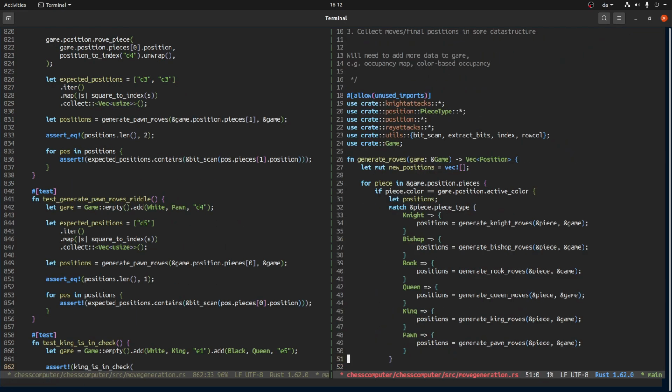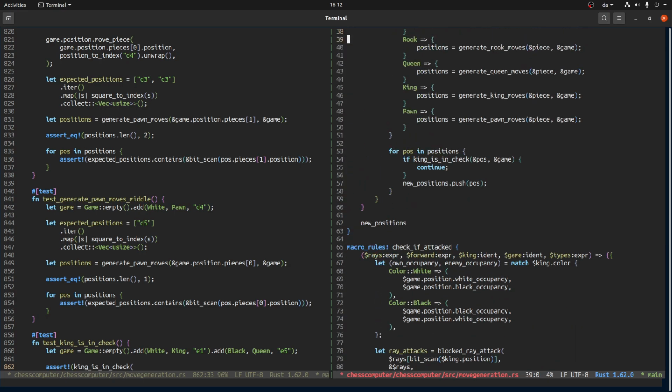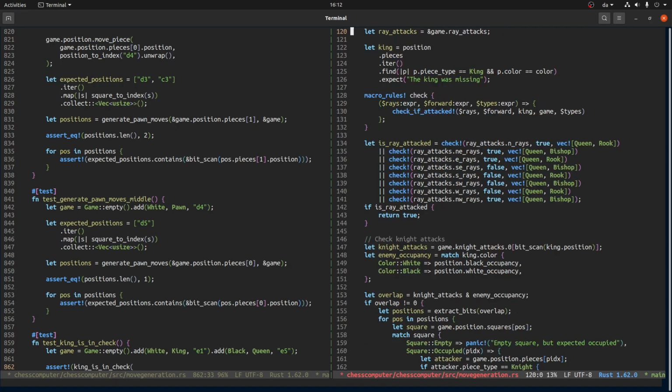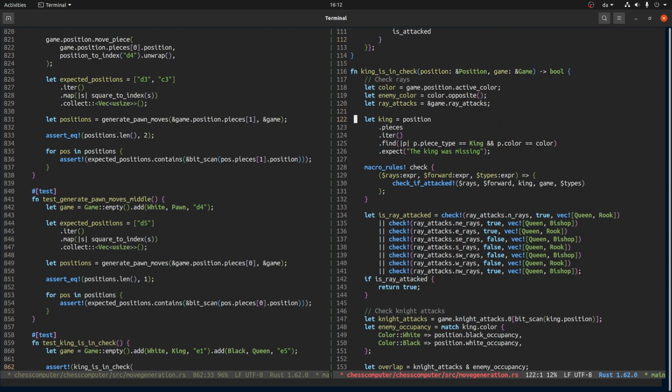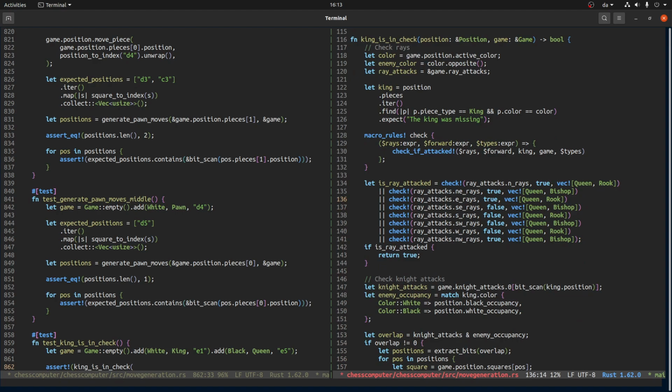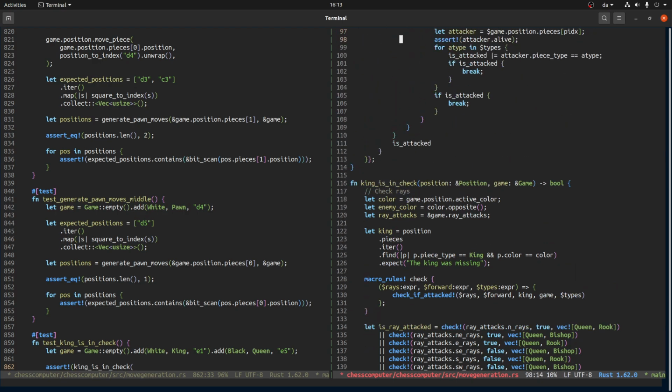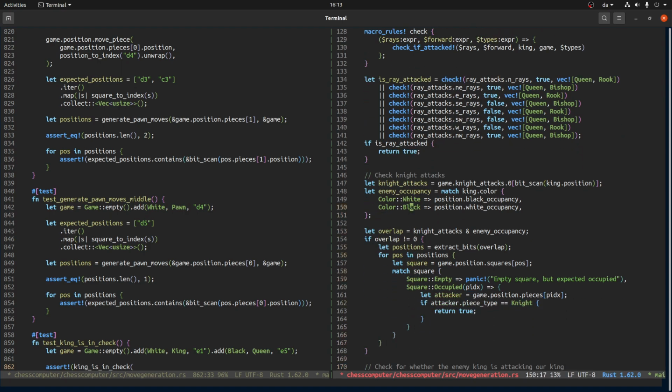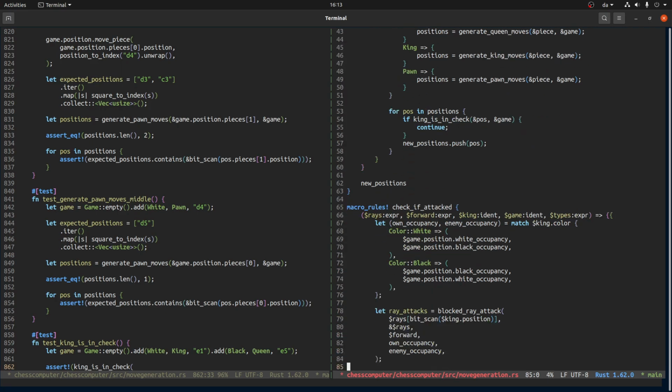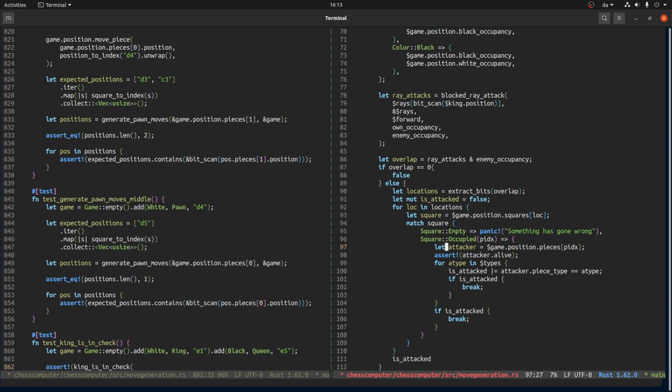So I just thought of something while I was writing the test, which is that the position here that we're feeding in has the new locations of all the pieces, and the game has the old. So we need to make sure that we don't use the positions from the old, from the game struct. Now here we use the color from the game struct. That is correct, because this will be the color that we're currently generating moves from. And so here, okay, so here might be a problem because we're taking in the game and we're using, yeah, so we need to